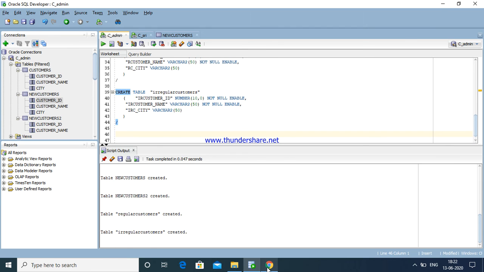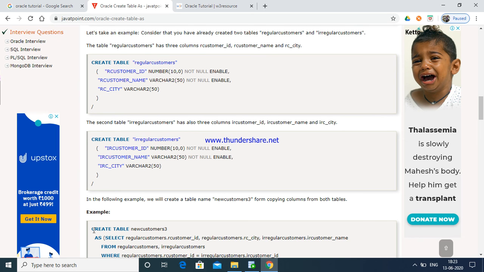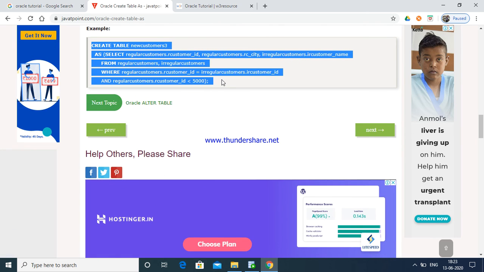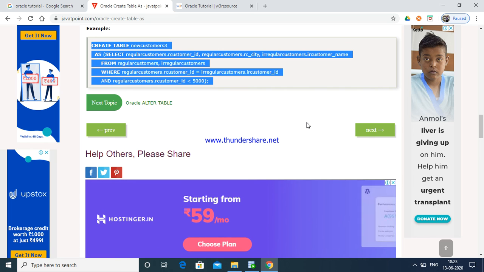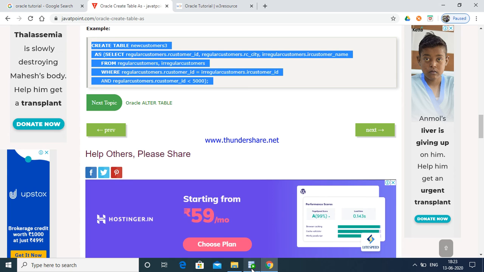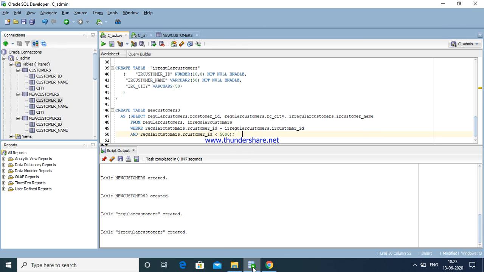Now what is the requirement here? Copying columns from both tables. Using both tables with the as statement, we are copying columns. Using the as statement, we copied the entire old table with required columns. Here we are copying from multiple staging tables.